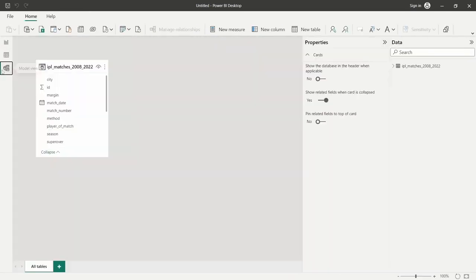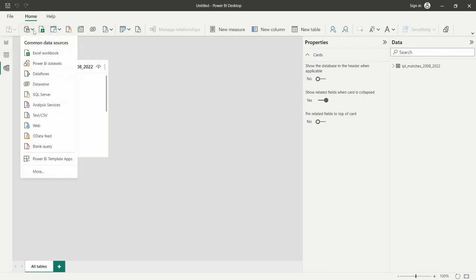Go to our data model. You can see here there is only one file. How do we add one more file? There is an option here called connect to one more data. Here you can see a drop-down, so I will bring one more table here,